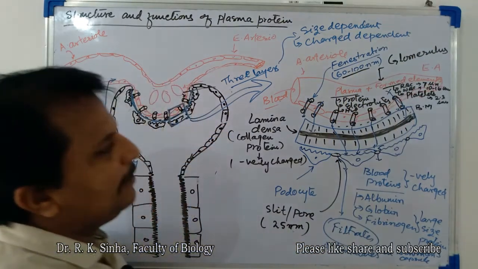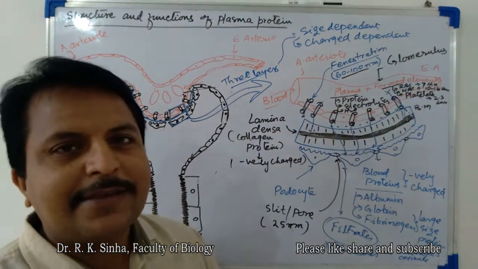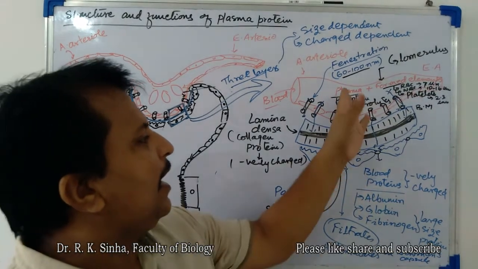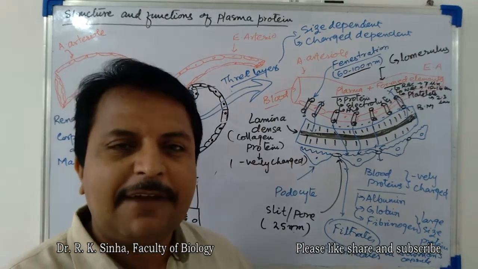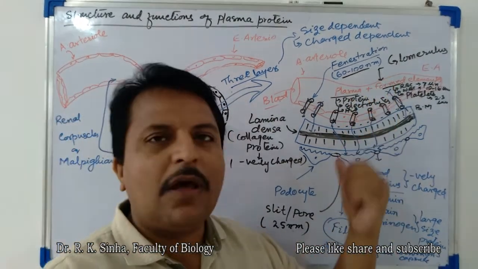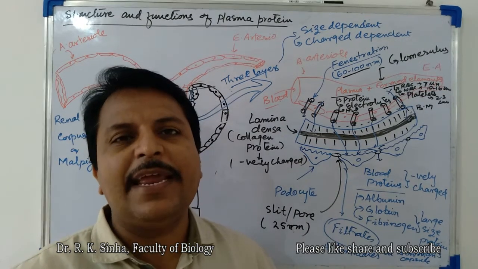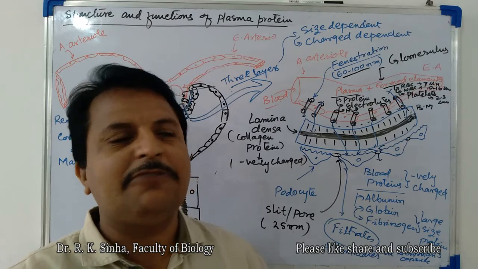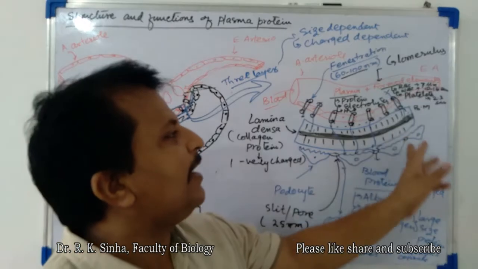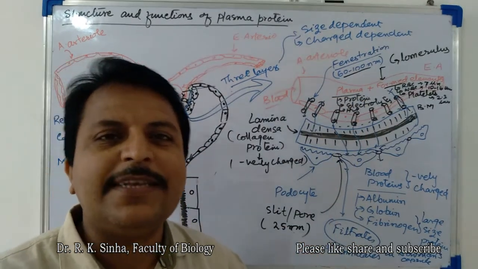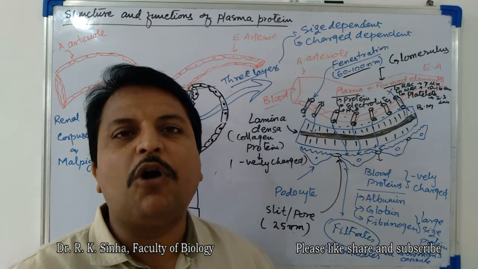So once again we can see, as the blood passes through this glomerulus, the three layers that guard the filtration help in filtration of blood. What is the role of this glomerulus? Filtration of blood. It is the filtration unit of the kidney or nephron. So it will filter the blood. Why will this filter? To maintain homeostasis of the body fluid.